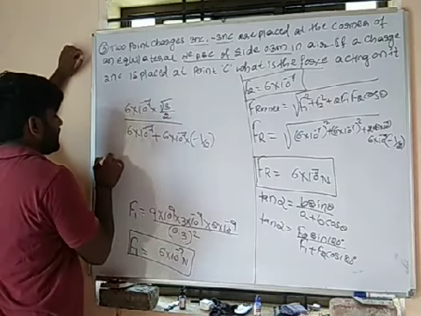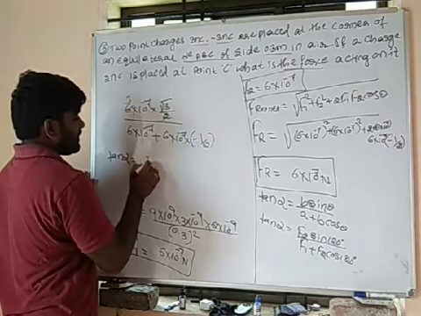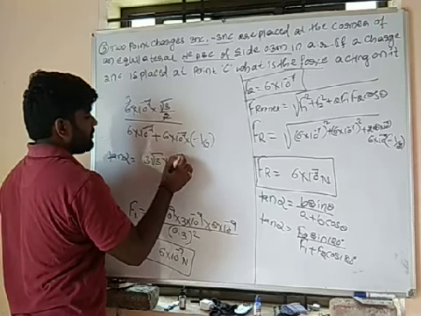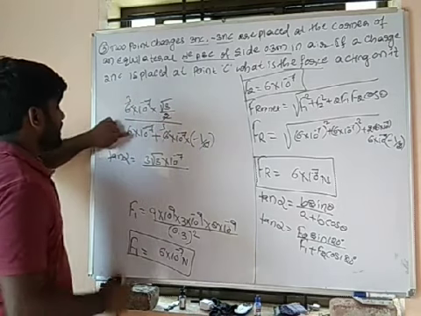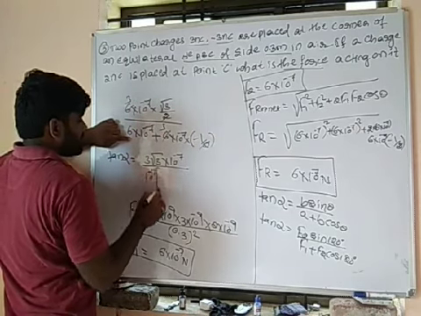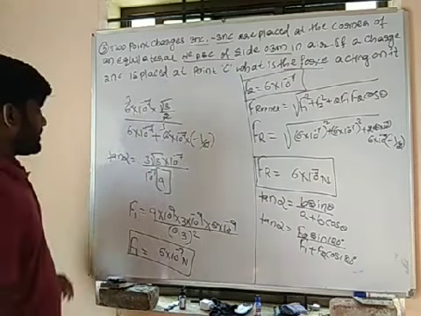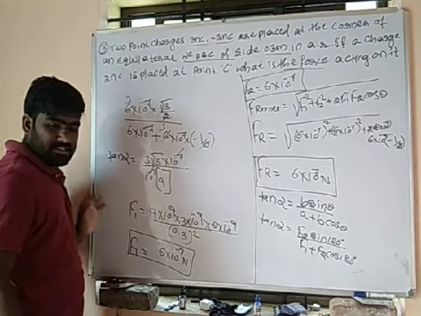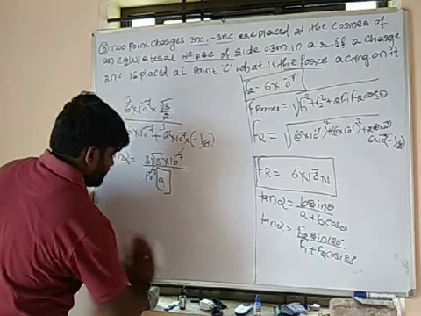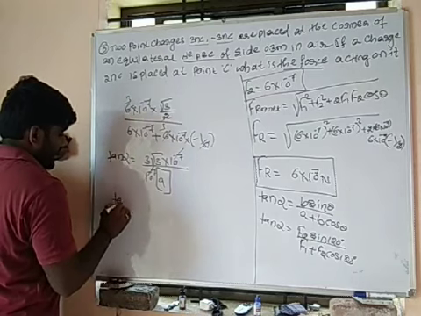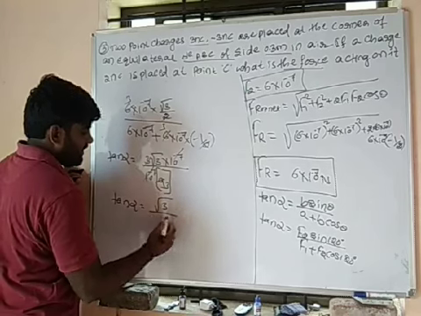Okay. After calculating this, tan alpha is equal to 2 1s are 2, 3s are 3 root 3 into 10 to the power minus 7, whole divided by 2 3s are 6. So 10 to the power minus 7, take it outside. 6 plus 3 will be 9. So this 10 to the power minus 7 and 10 to the power minus 7 get cancelled. Then what remained here? So this tan alpha is equal to 3 1s are 3, 3 3s are 9.